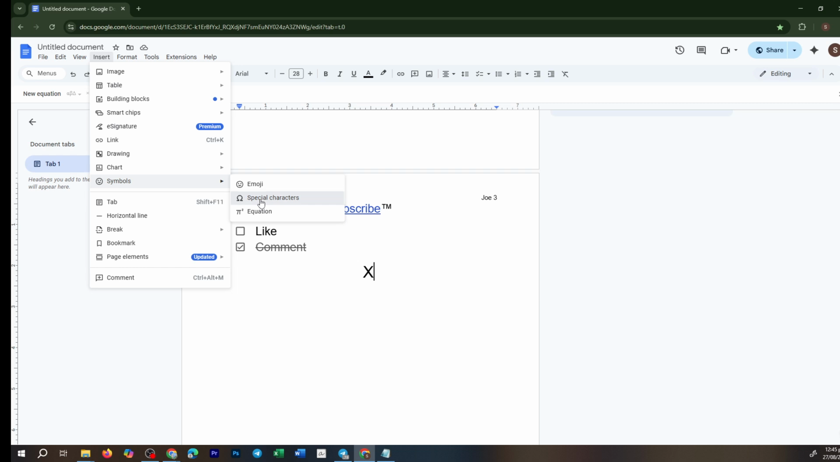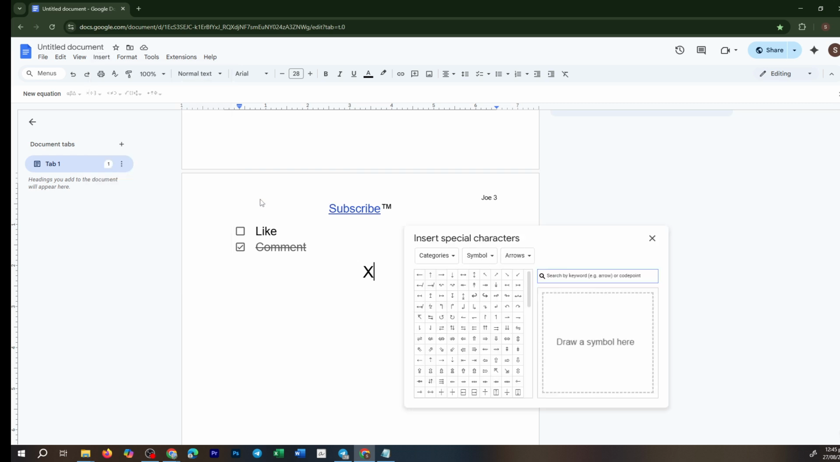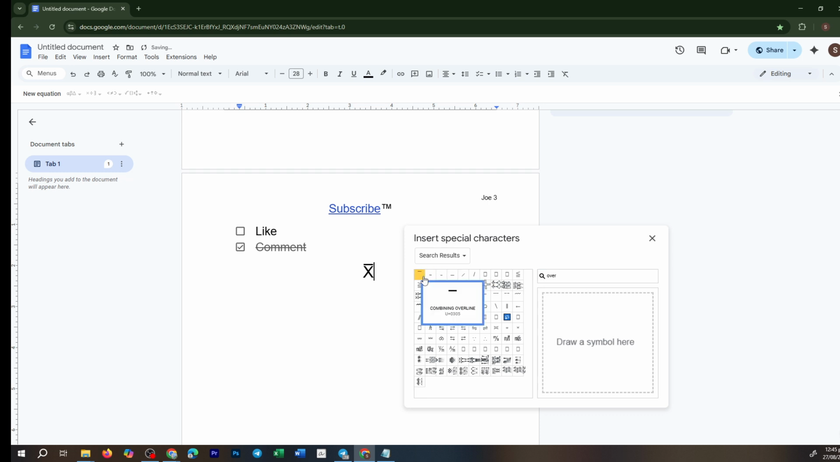In the Special Characters panel, you'll find a search bar at the top. This search bar is incredibly useful because it allows you to find exactly what you're looking for without having to sift through a huge list of characters. Type the word over into this search bar. As soon as you do that, a list of symbols will appear, and you'll notice the very first symbol at the top is an X with an overline. Click on this symbol, and just like that, you'll see the overline added to your X in your document,